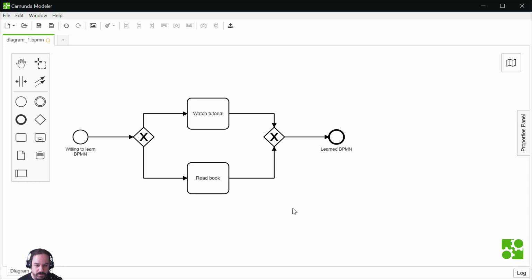It's not a merge. Very important. Same way, the exclusive gateway, when it splits on the left, will consume a token and will produce one and only one token. Very important. So that's the reason why you have to match gateways with the same type.